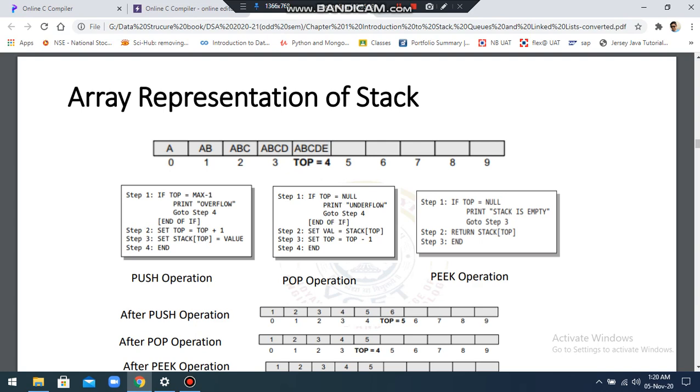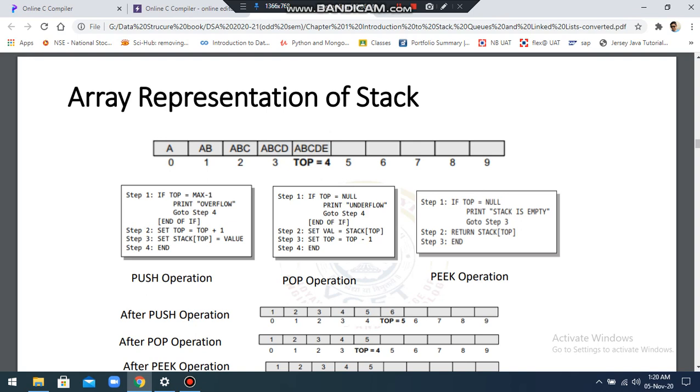And if it is not the case, you're simply taking a variable, called anything. Let's say I have taken here val, and you can assign the topmost element which has to be removed, just to display it. We're taking it inside a variable val so that we can display it. And the next thing that we need to do is decrement the top by one position so that it will point to the topmost element now.